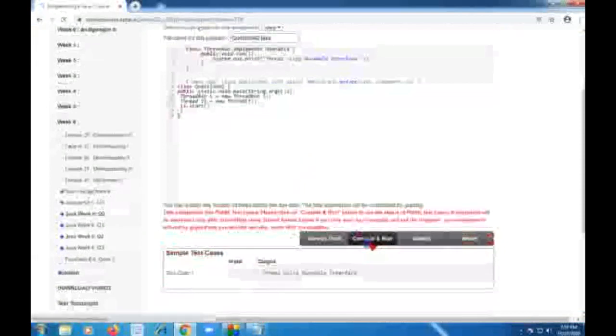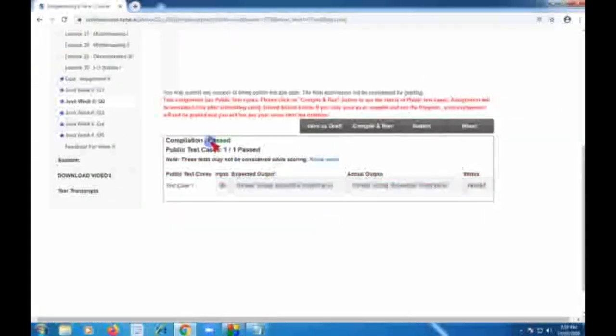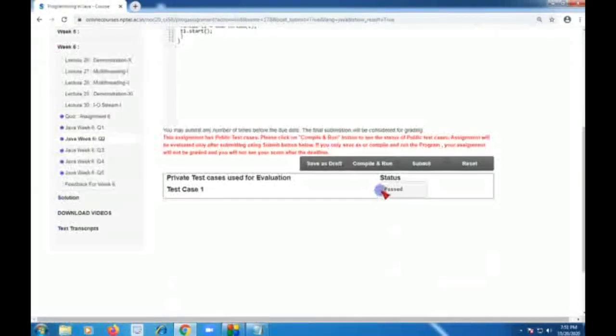I'm going to compile this and run this. If you see, the compilation is passed and status is also passed. I'm going to see private cases checking, and if you see this, the private test cases are also passed.